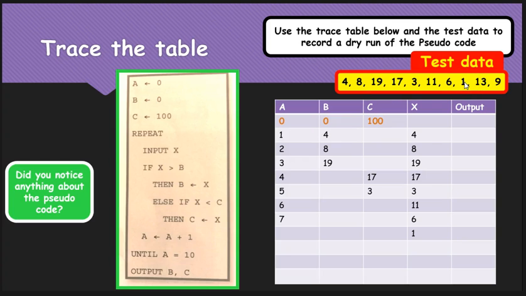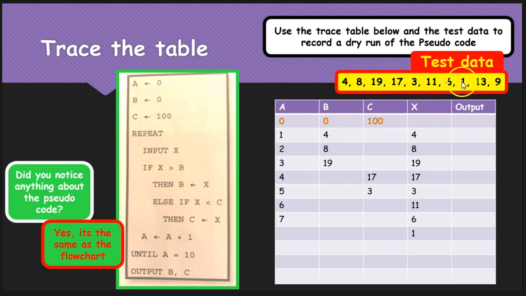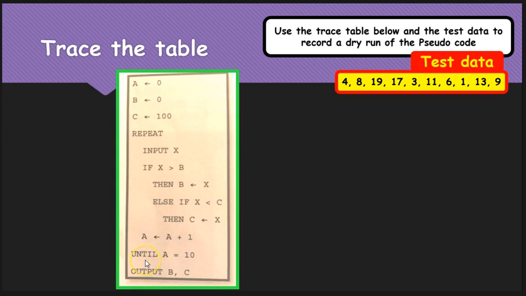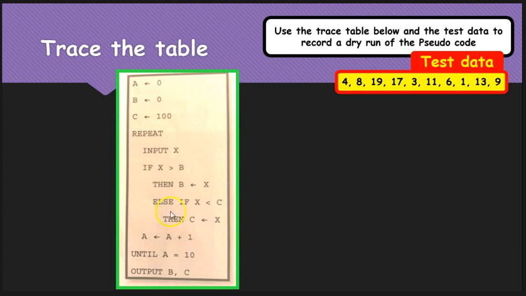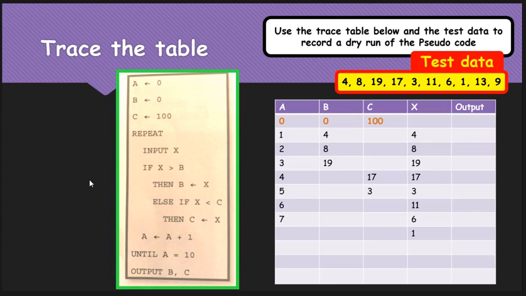Yes, you would have noticed that it is exactly like the flow chart beforehand. So it picks out the highest number and the lowest number. Sorry about that, I didn't finish the count there. The pseudocode there shows exactly the same steps as the flowchart on the previous slide. So bearing that in mind, analyze the pseudocode and see what the similarities and differences are, so we better understand, especially when it comes to the exam.